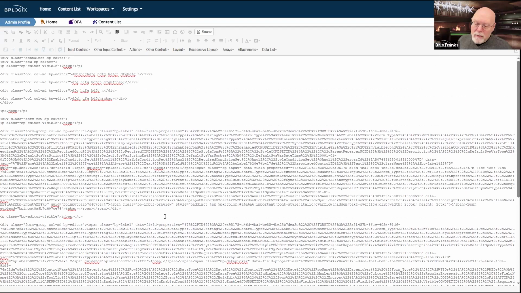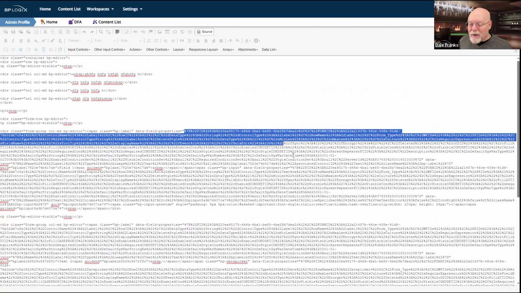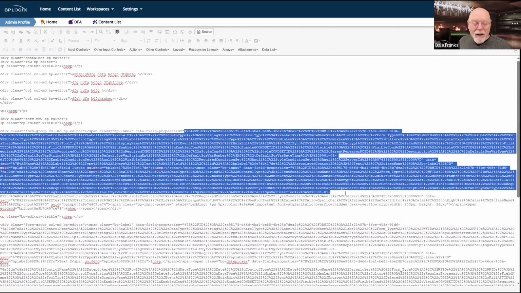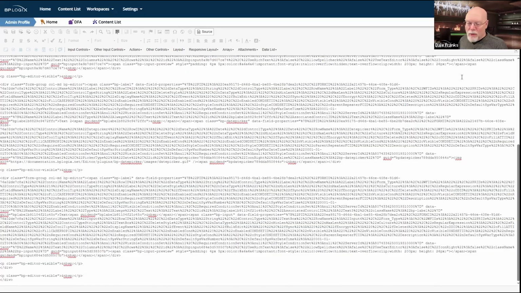And I'll fully admit, largely our fault, because these control field properties take up a lot of room on the online form designer. And they're very complex, and there's a lot of stuff encoded here. It makes understanding the HTML difficult. So the idea that even if you're an HTML guru, well, you know what? I can just pop over into the source code and I can just change my form. Hey, I've only got one row of controls on this form.